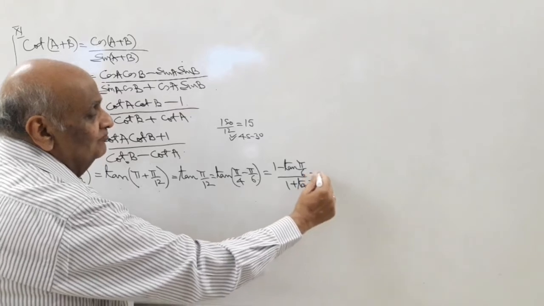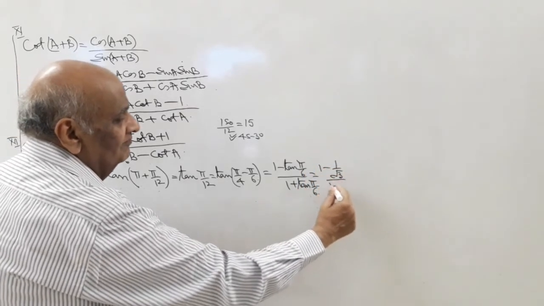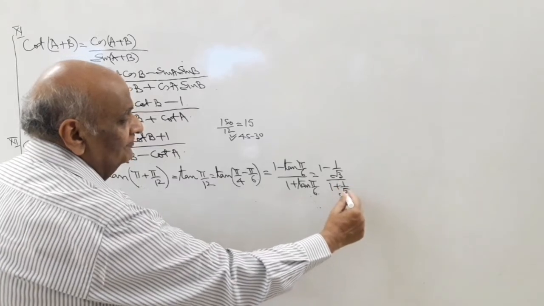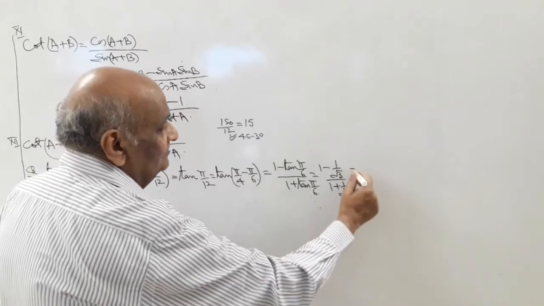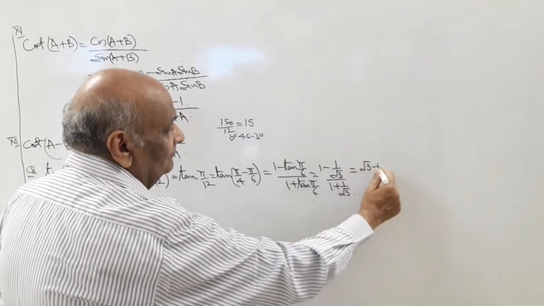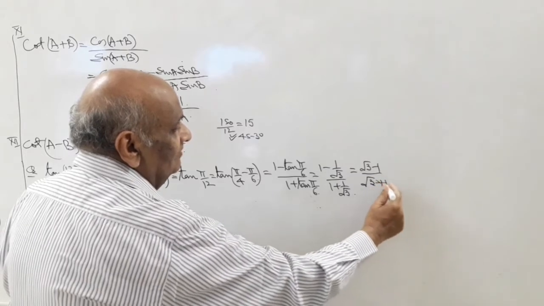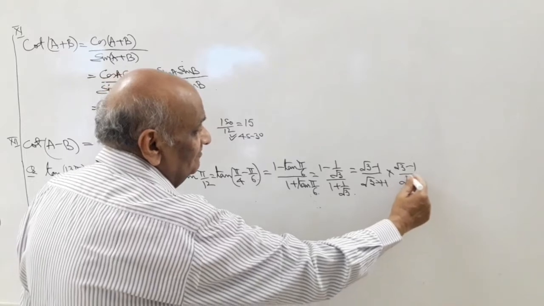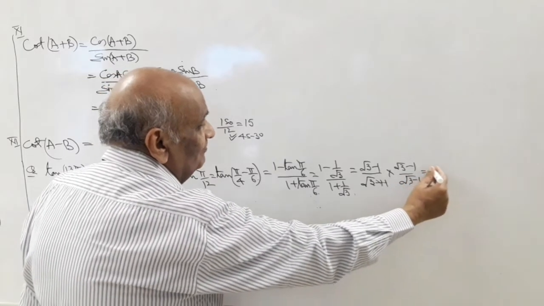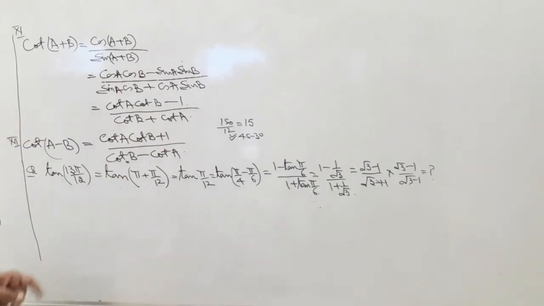And that comes out to be 1 minus 1 upon under root of 3 over 1 plus 1 upon under root of 3. Rationalize it. That is under root of 3 minus 1 over under root of 3 plus 1, and put up the value by rationalizing it in this way. Simplify it and you will get the answer. Check out, it is tangent of 13 pi by 12.